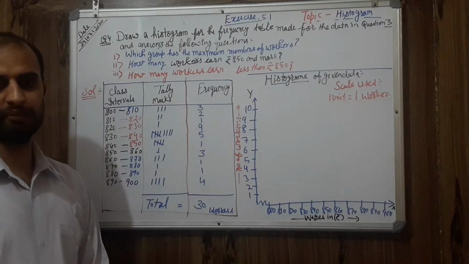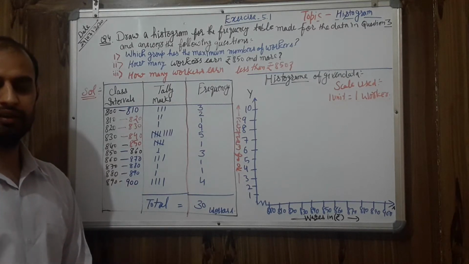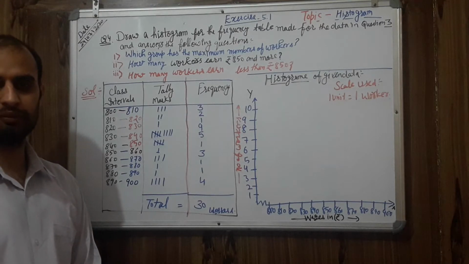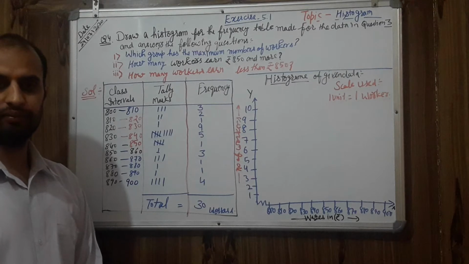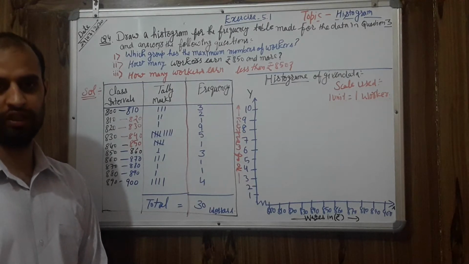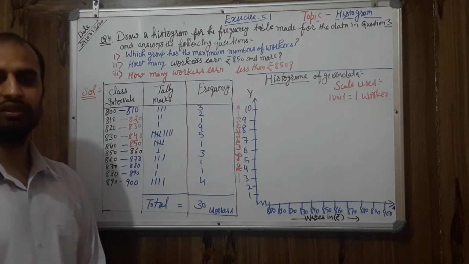As you all know, we are on chapter number 5, that is related to data handling. In data handling we are learning about different types of arrangements of data by using frequency, grouped frequency, and representation in the form of graphs like double bar graph, histogram, etc. Today I am going to tell you how to draw a histogram using the given data which is in the form of grouped frequency.